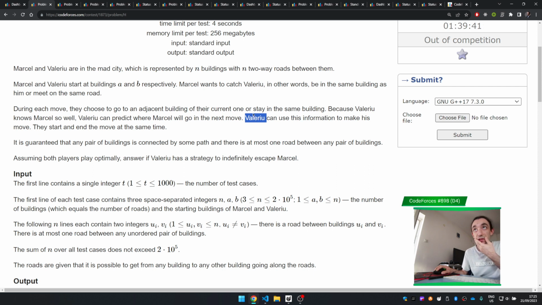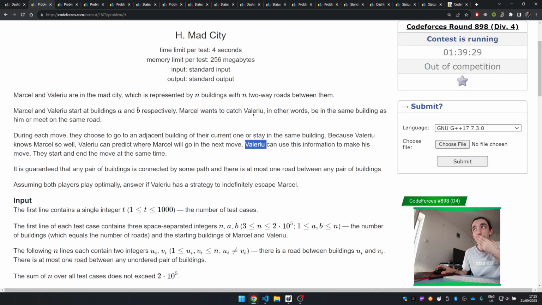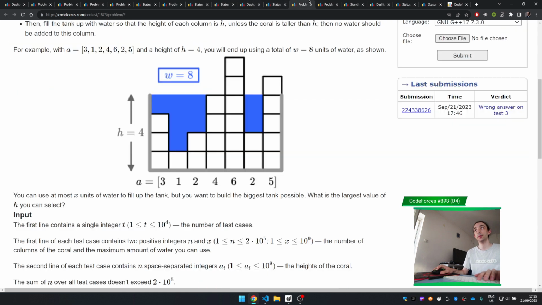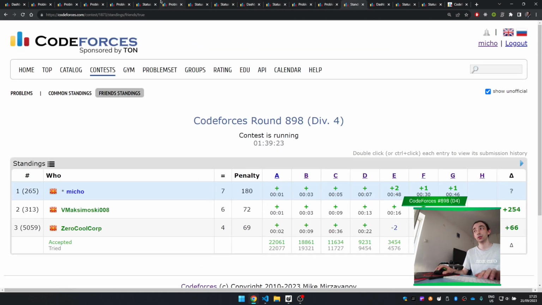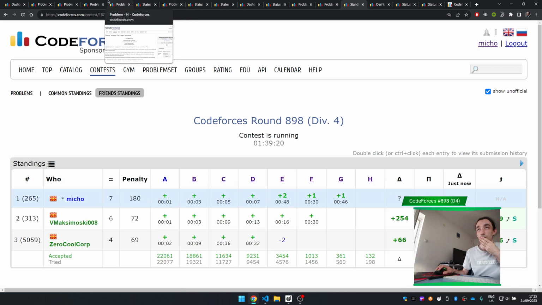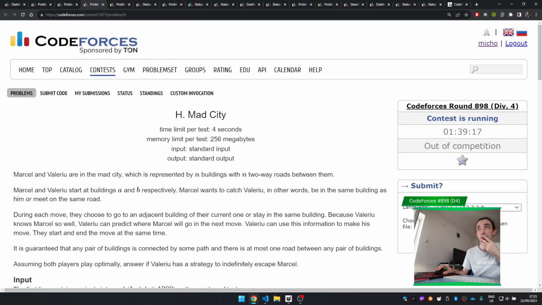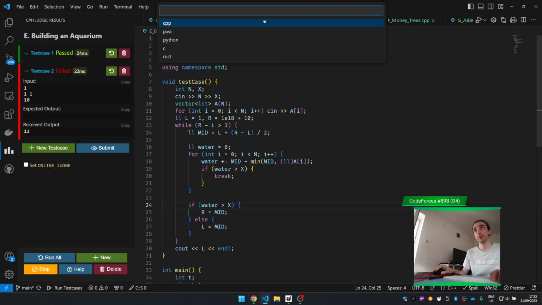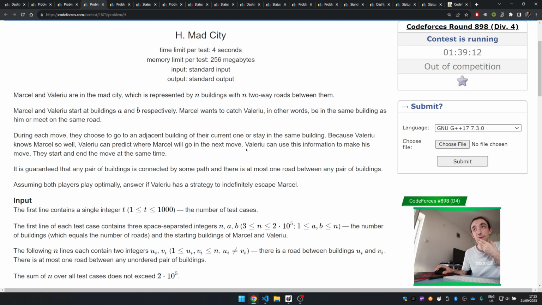can Valery use this information to escape indefinitely? Okay, let me just take a look at the standings. Okay. Can he escape? Can he indefinitely escape? So it depends on the positions, right? Depends on, because there are